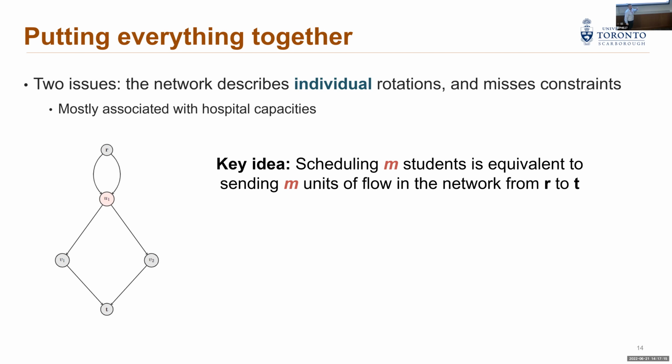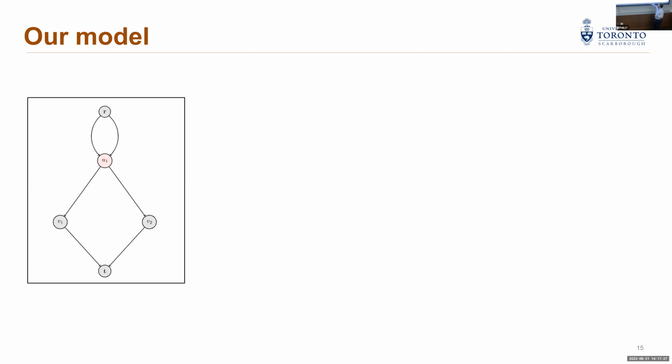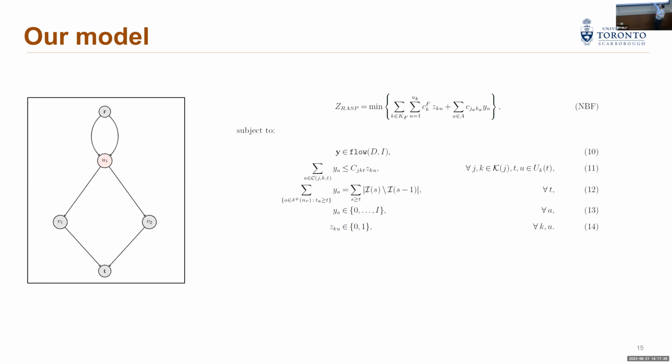Each one associated with a student. The flow has to be integral, of course, but it's sending m units of flow. So in this case, we're going to have a polyhedral description of the set of feasible solutions through here. And now what we can do is construct a model where I can create a MIP,